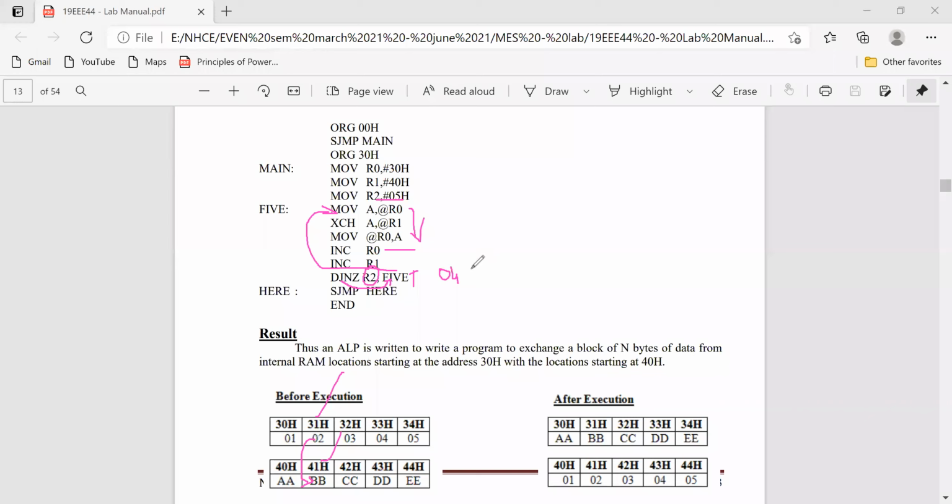For the 4th time, this data is exchanged. For the third time, these two data are exchanged. For the 2nd time, if R2 is decremented to 2, these two data are exchanged. It is 0, 1.